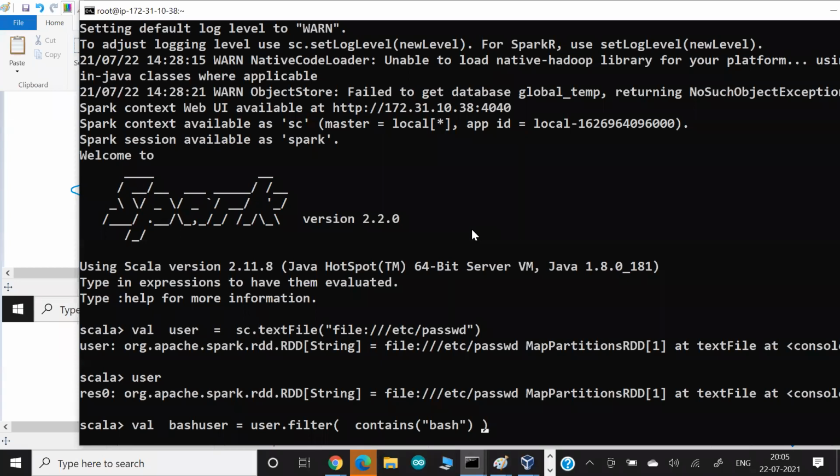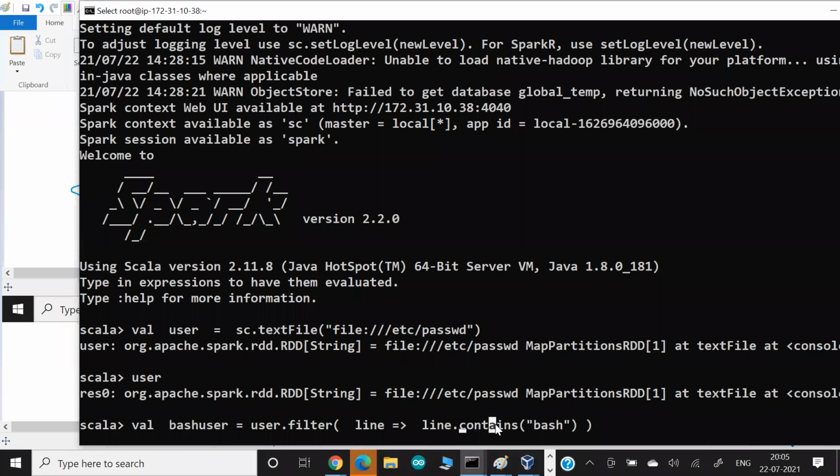So what this will do is go to this particular file, read the first line, and store this line in a variable called line, or you can give any variable name. And whatever line is stored in the line variable, I will provide to this function.